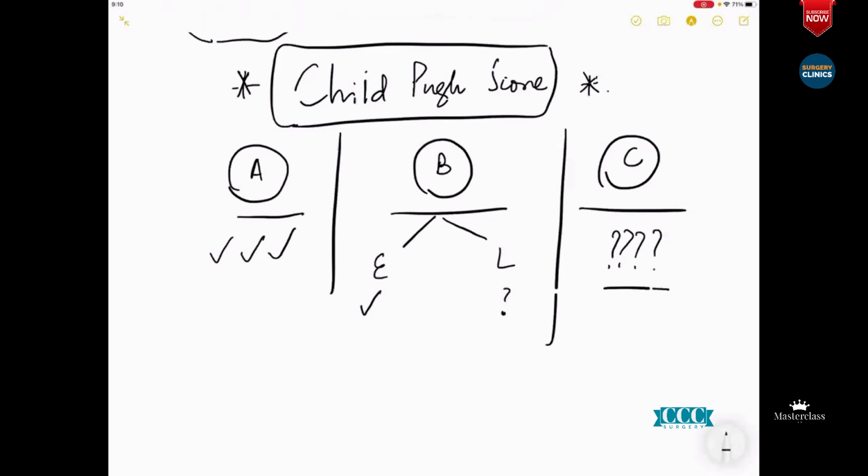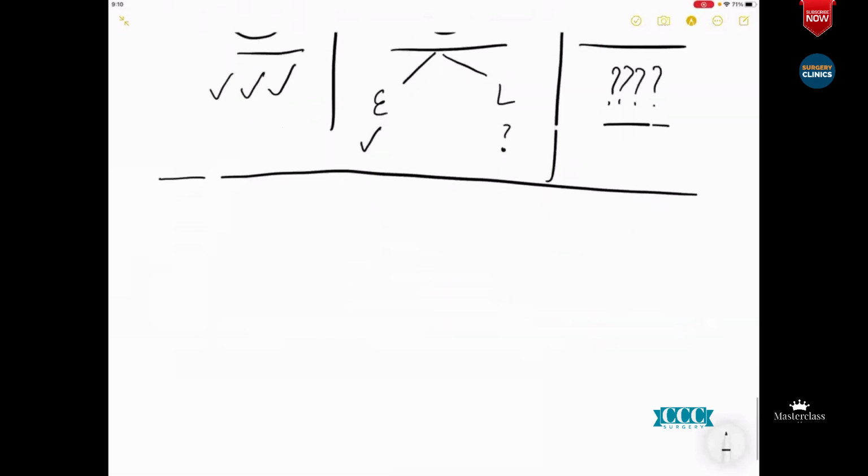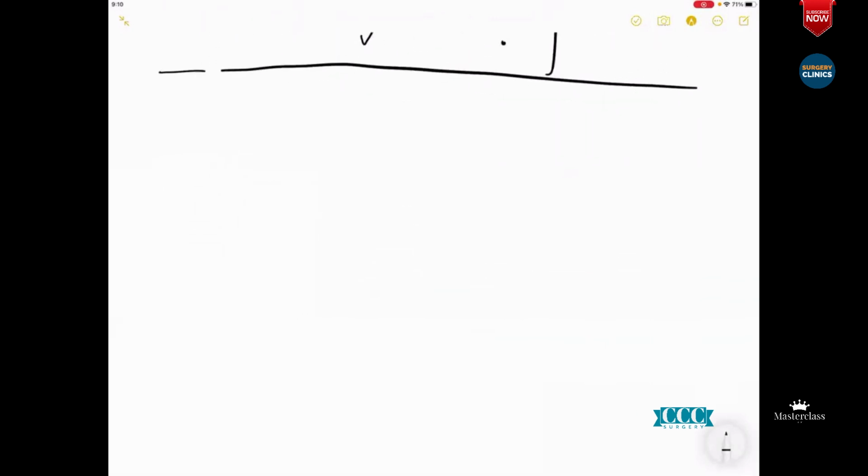Now, if we have talked about a Child-Pugh score, remember that, then people said, okay, doc, I have learned about something called a Child-Pugh score. Do you know of any other better ways? Can you tell me any other better ways to predict the liver failure rates? Very nice. In your MCQ world, you heard about a new term, isn't it? MELD. What is the full form of this thing? Model for End stage liver disease.